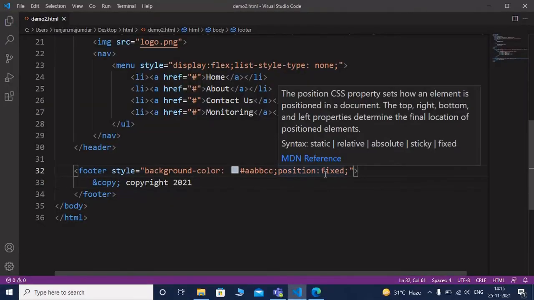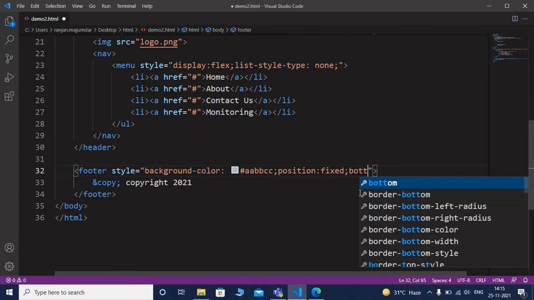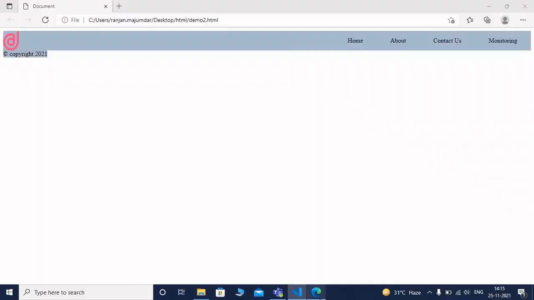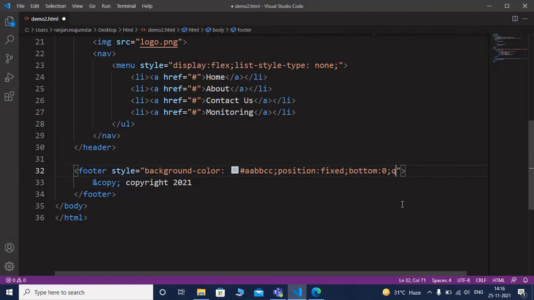You can see there is a mistake. I have used position CSS property as fixed, but I have not used bottom because footer is the bottommost element of an HTML document. Here I am using bottom: 0, so it will move at the bottom of the HTML5 document.